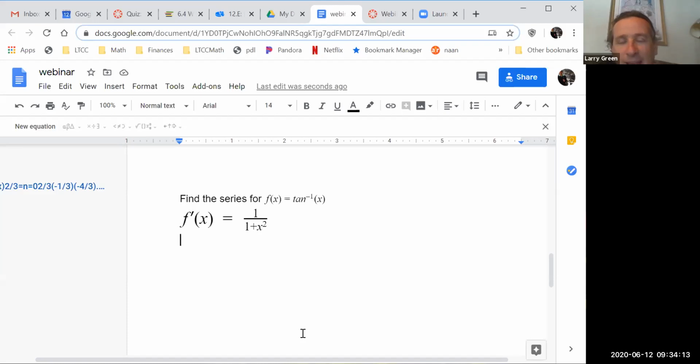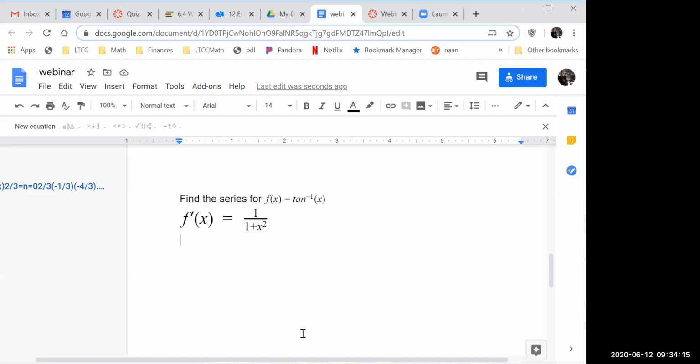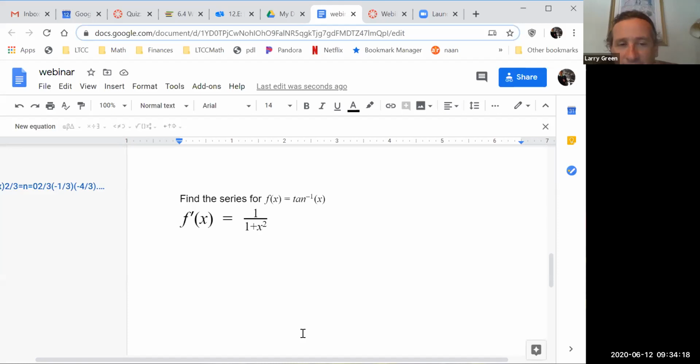You don't have to make a table for this one. Geometric. This one is a variation of the geometric series. So what we can say is that this function, 1 over 1 plus x squared, is equal to the summation of, well, the r in this case is negative x squared. So I'll write that down, negative x squared to the n,